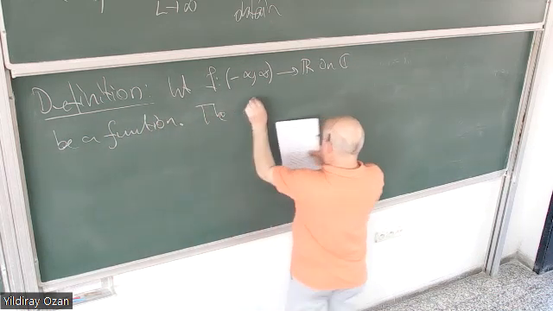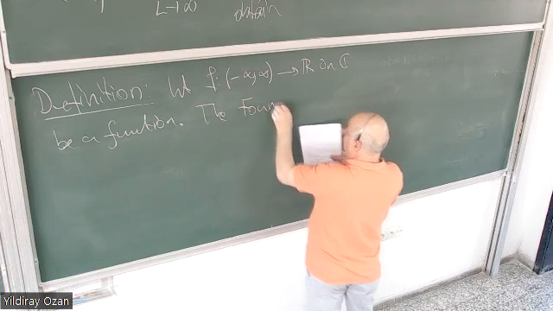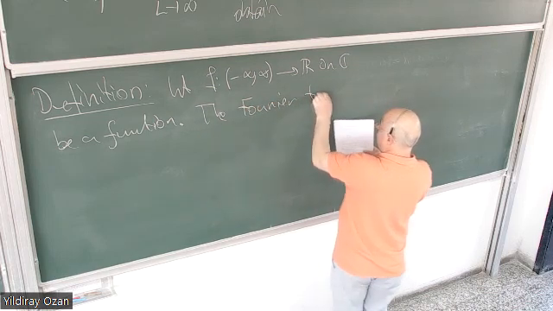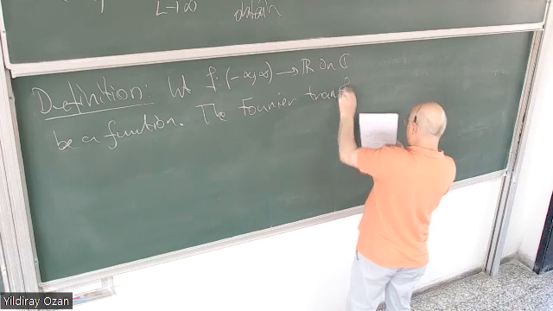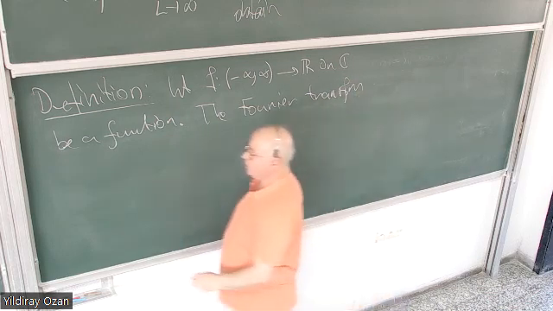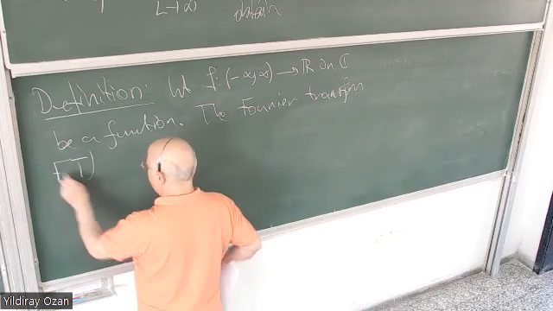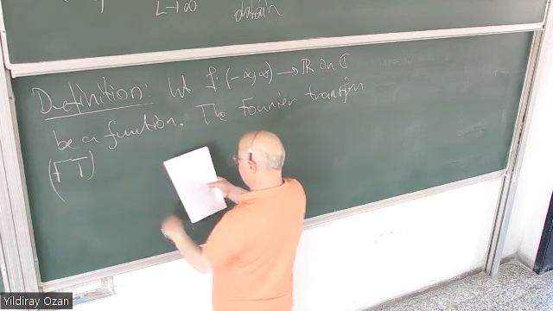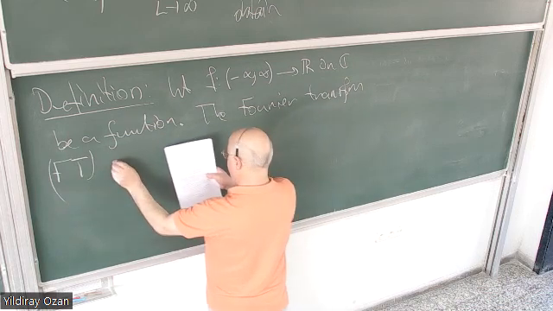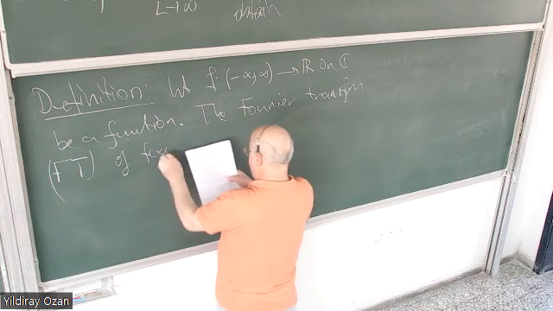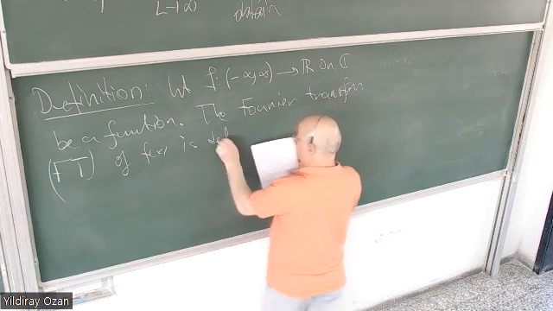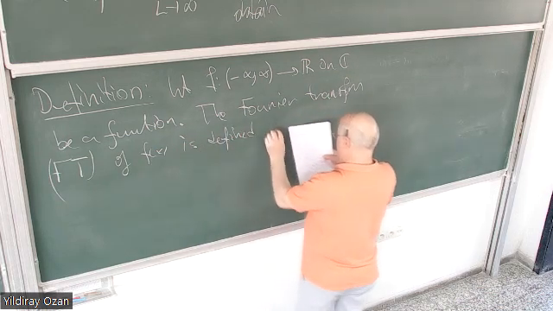The Fourier transform, we abbreviate it as FT of f of x, is defined by